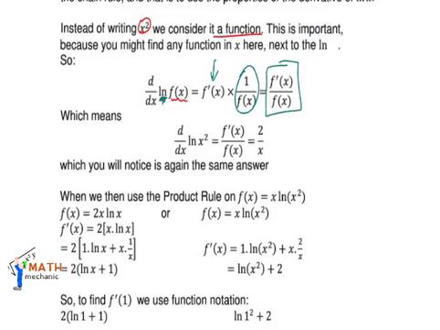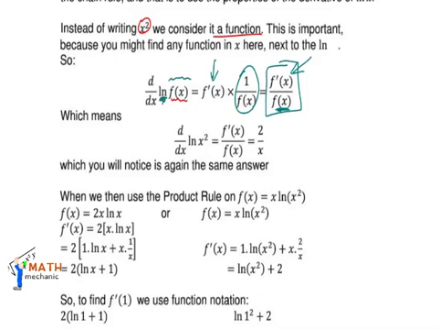The derivative of whatever function they give you next to the ln, you find the derivative of that function and you divide it by the original function as they gave it, and then you've got the first derivative of that whole function without having to go through all the processes and steps of the chain rule.